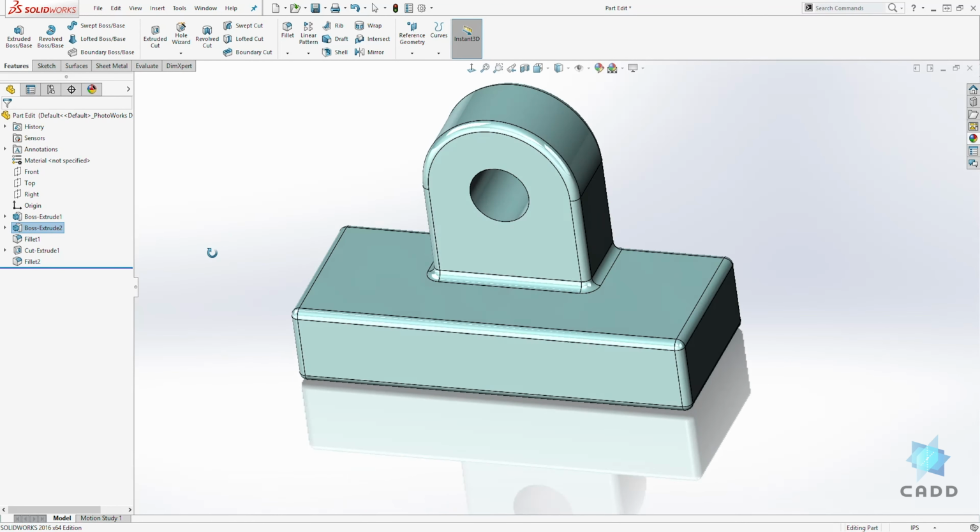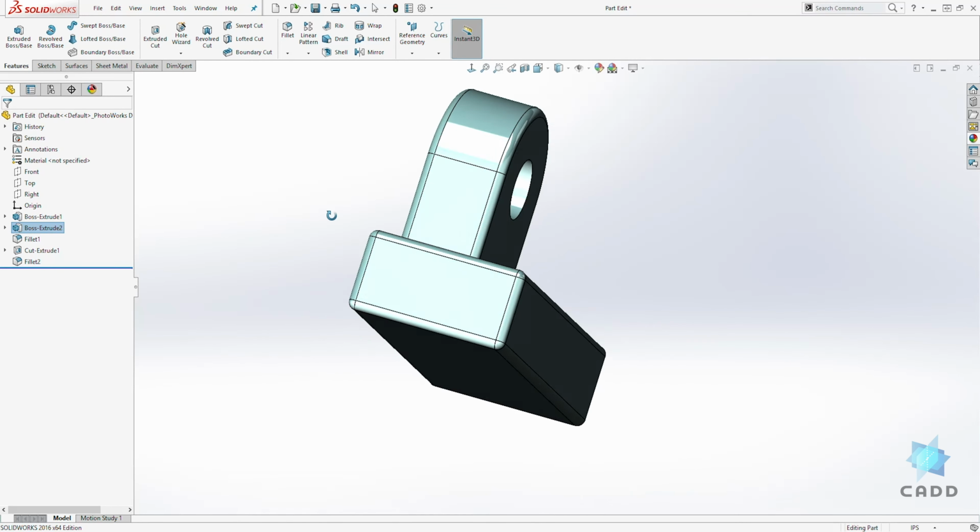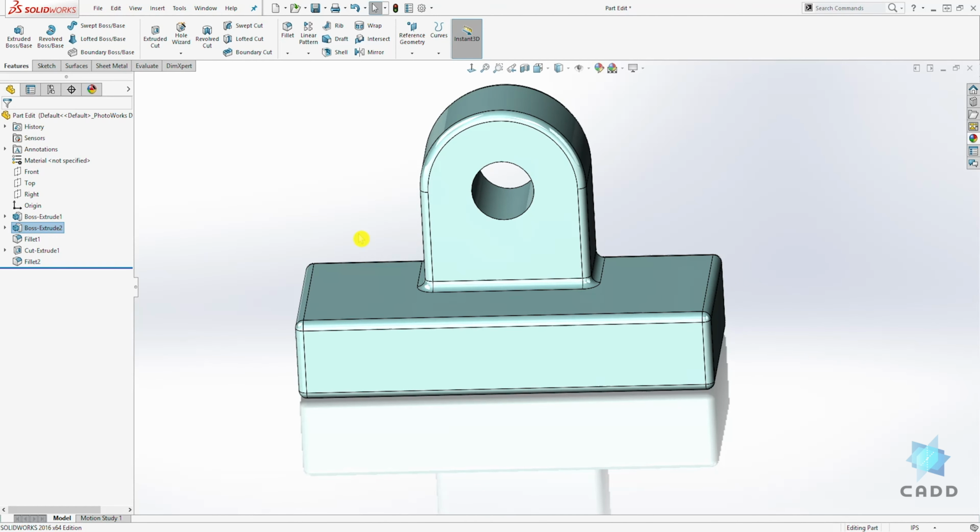And that is how you edit a feature in SolidWorks. Remember, you can right-click on the feature on your viewport to edit it, or you can right-click it in the